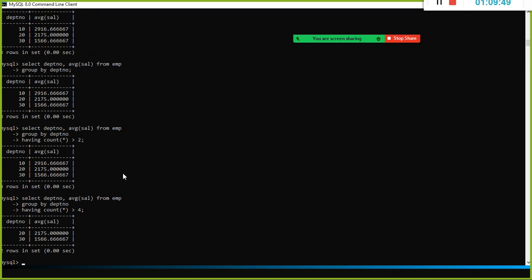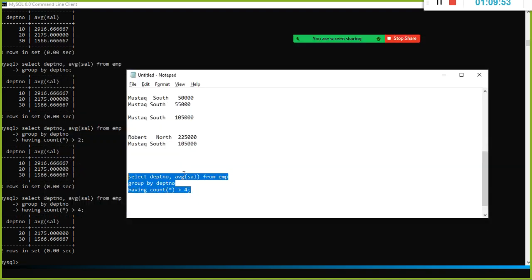But here it's simple, so look here. What is happening here? Count of star is greater than 4. So now we need to verify this one. Select depart number, average salary from EMP.